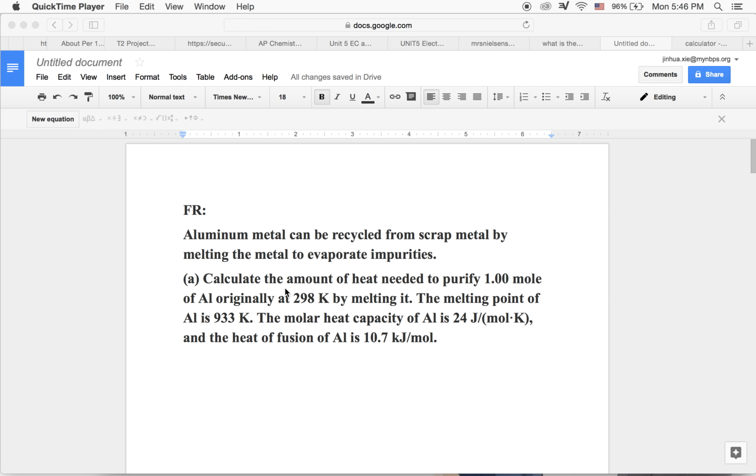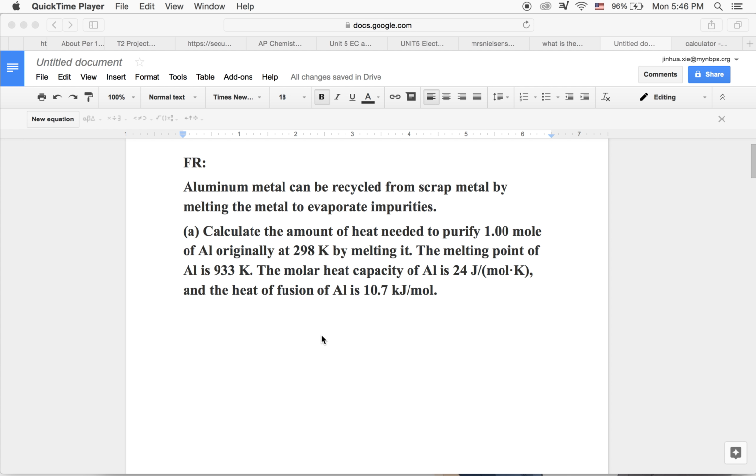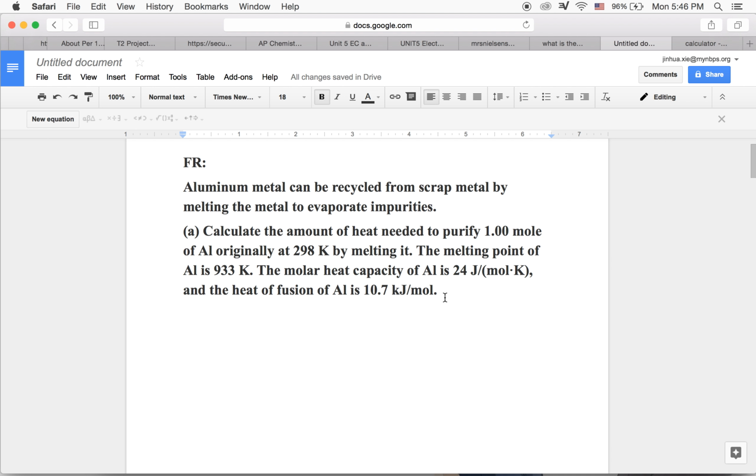The melting point of Al is 933 K. The molar heat capacity of Al is 24 joule per mole K, and the heat of fusion of Al is 10.7 kilojoule per mole. So we know the temperature change. The temperature change is from 298 K to 933 K, which is 635 K, and we use the formula to find the Q. Q equals mc delta T,